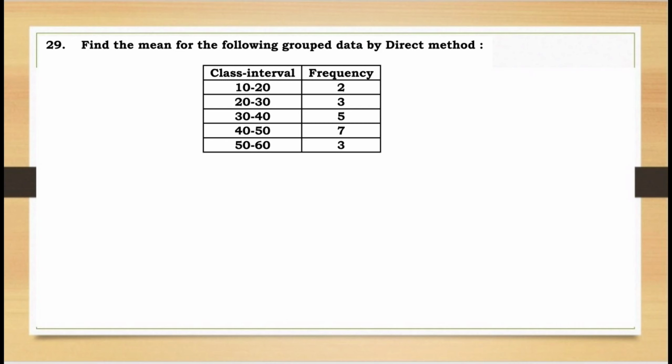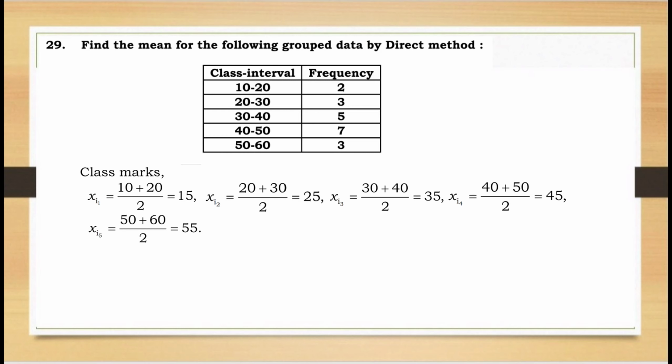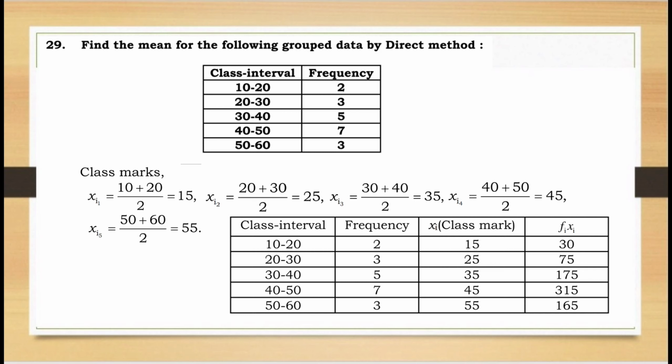So if you consider the first row, the upper limit is 20 and the lower limit is 10. Therefore the class mark will be (10 plus 20) by 2, which equals 15. Similarly for the second row, that will give (20 plus 30) by 2 equals 25, and so on up to 50 to 60. Now this gives the class marks of each class interval. Multiply the frequency with the class mark, that is fi into xi. Then we get 30 for the first row, 75 for the second row, 175 for the third row, 315 for the fourth row and